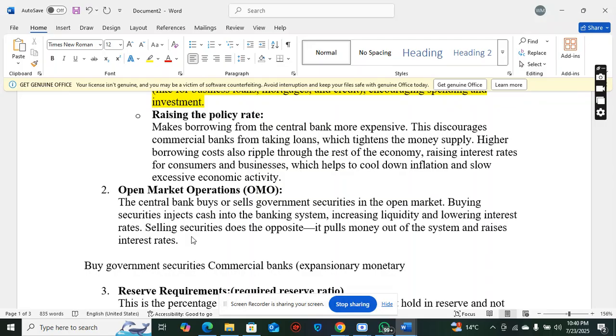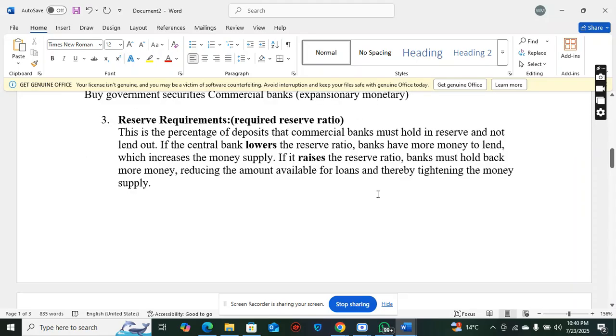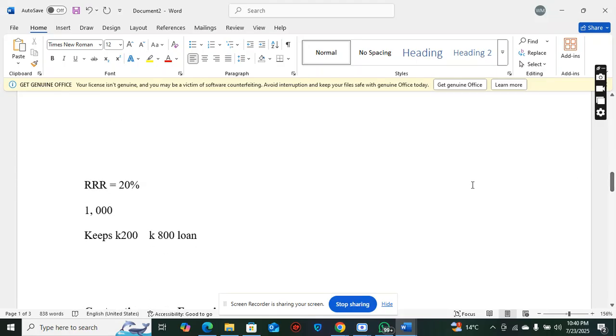All right. Then the required reserve ratio. The central bank will lower it. So for example, in the example I gave earlier, if the required reserve ratio is 20%, when you deposit 1,000, the commercial bank will keep 200, and the other 800 kwacha can be loaned. So if the central bank lowers this required reserve ratio, let's say to 5%,